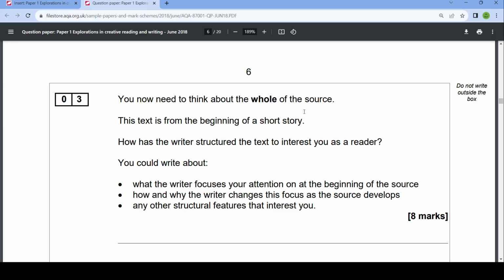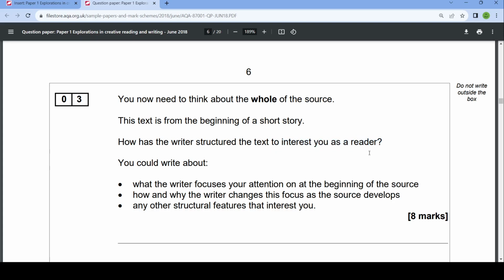So it says here, you now need to think about the whole of the source. This text is from the beginning of a short story. How has the writer structured the text to interest you as a reader? Now, my advice here is, first of all, in the exam, just cross this bit out, okay? Because